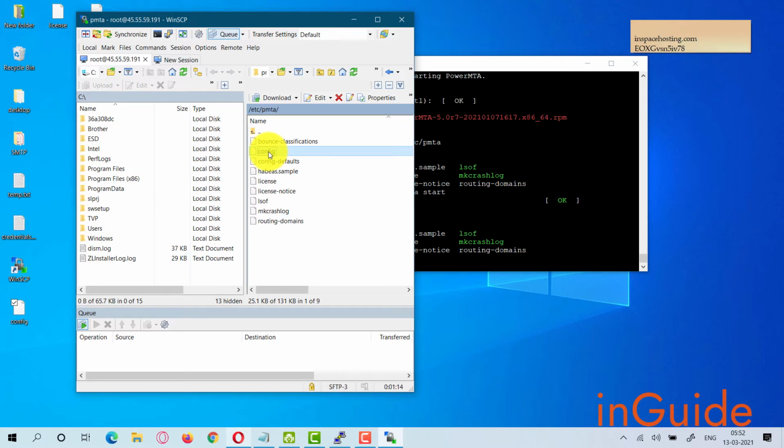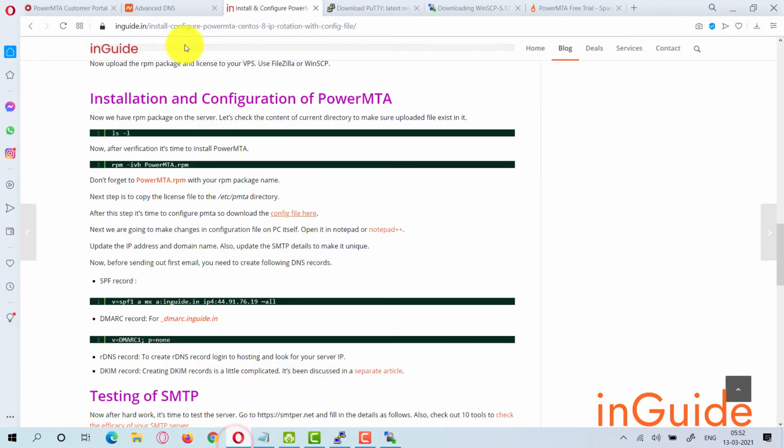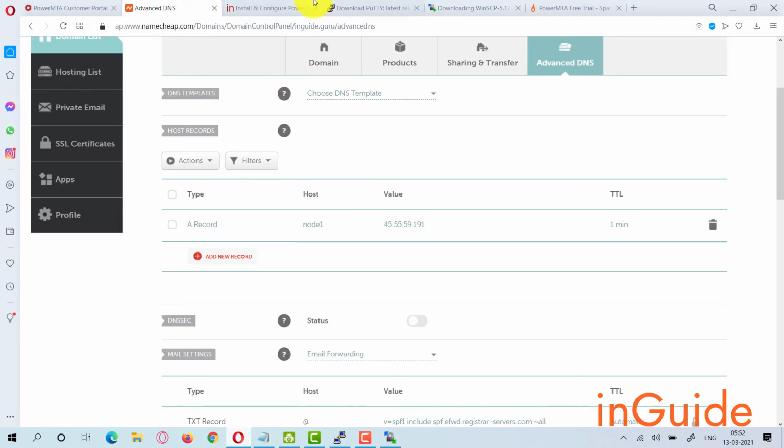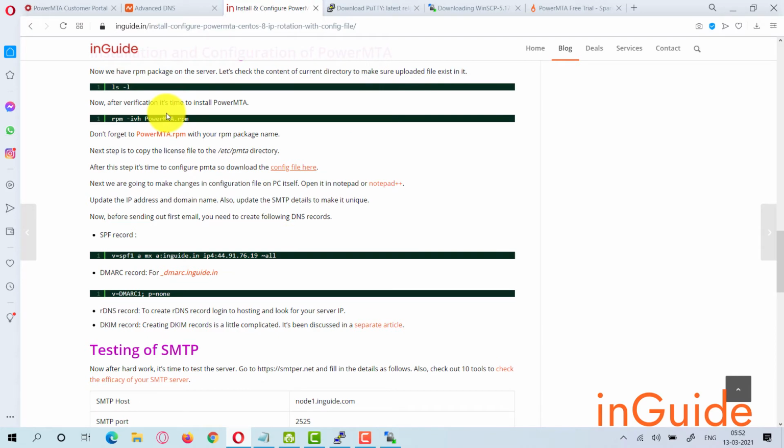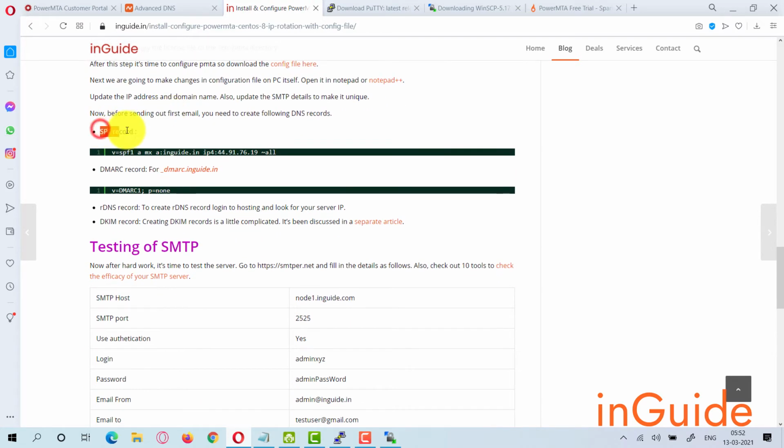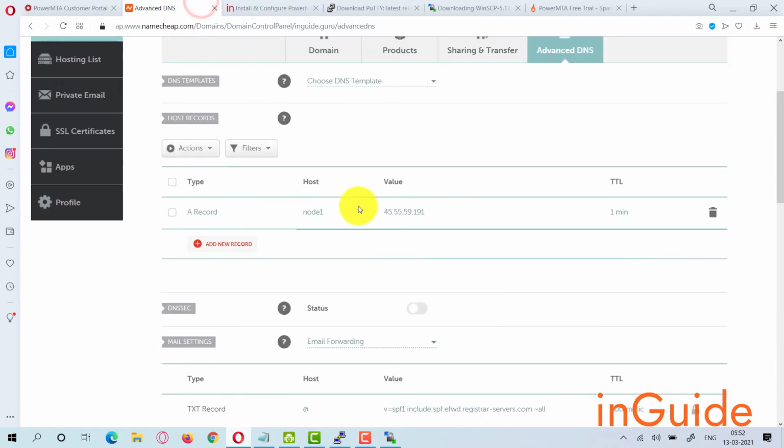But even before that, you need to create 2 records for email delivery, and those are the SPF and DMARC records. So here in this guide you can see how to create the SPF record.